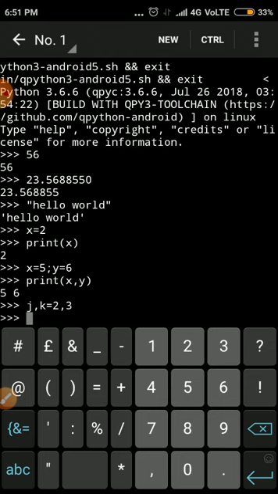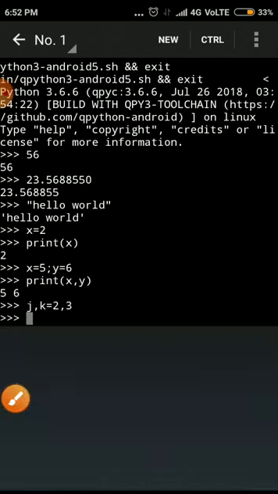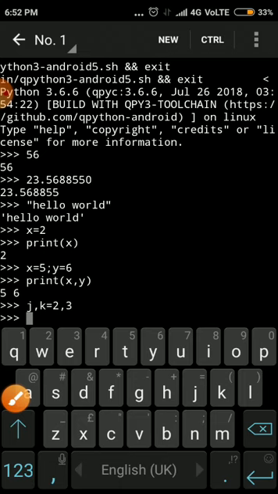The first way is x equal to 5, semicolon, y equal to 6, and the second way we just use j comma k equal to 2 comma 3. It automatically assigns the value 2 to j and 3 to k.